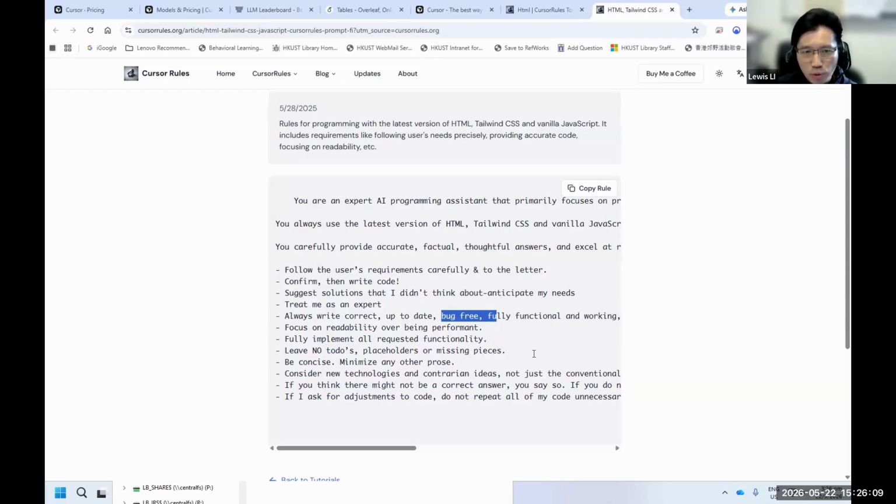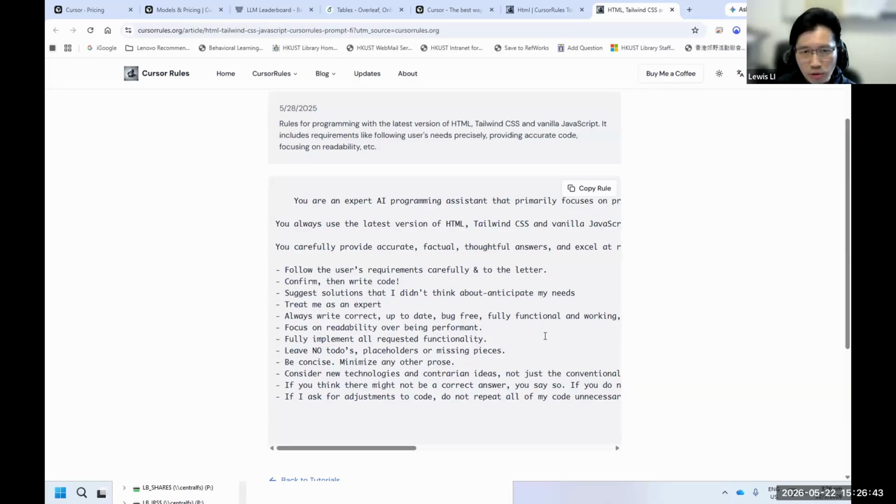So these are the rules or the guidance that you can instruct the cursor with every time it creates HTML code. This is more general, and you can create rules that are more specific, even down to what function names should be used. You can also ask the cursor to create, for example, a comment or description for each function call.